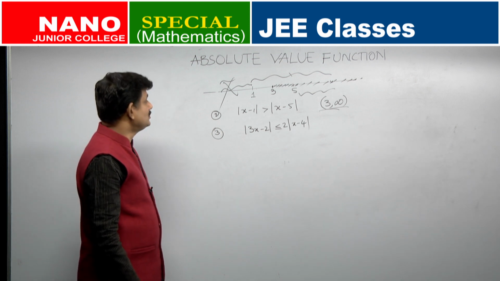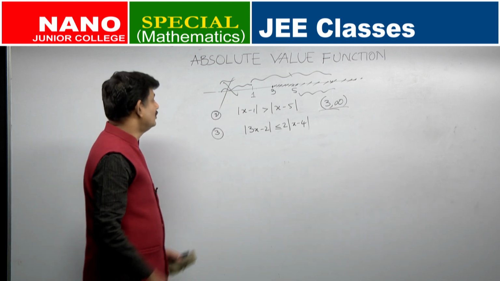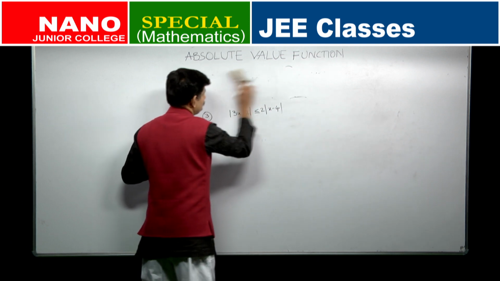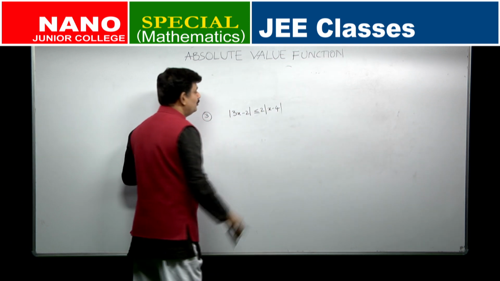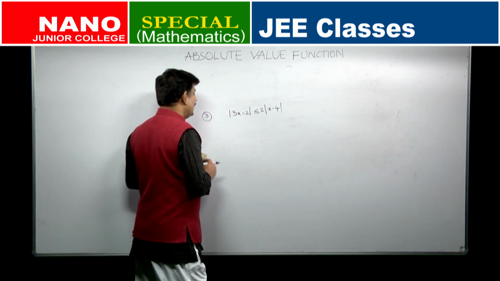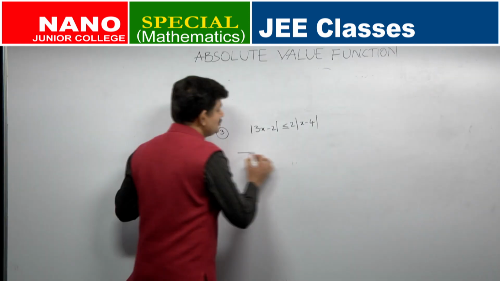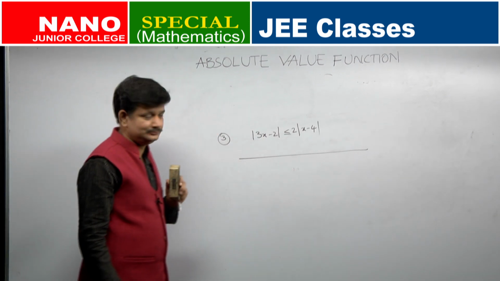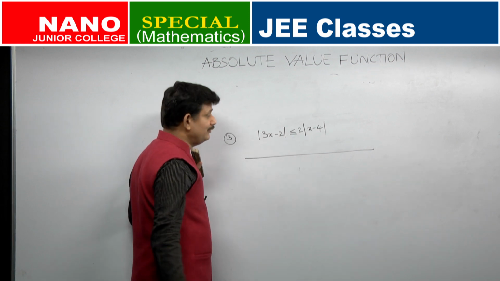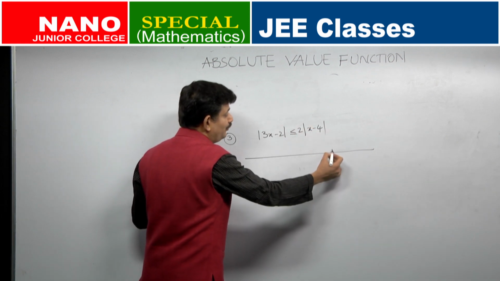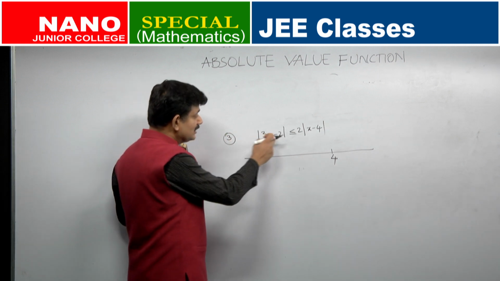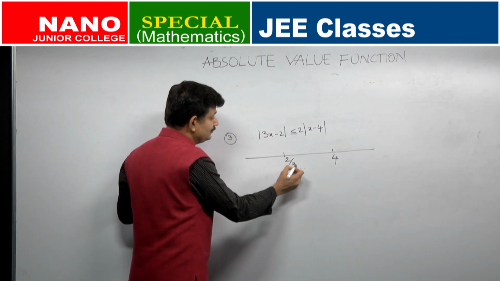Okay. So, this is how you solve this question geometrically. You can also solve it analytically. So, let me look at the third question. I can do it both geometrically as well as analytically. Let me start with the analytical method first. So, in order to understand each of these modulus analytically, when we want to remove them, I have to cut the number line at 4 to understand mod x minus 4, and to understand mod 3x minus 2, I have to cut the number line at 2 by 3.